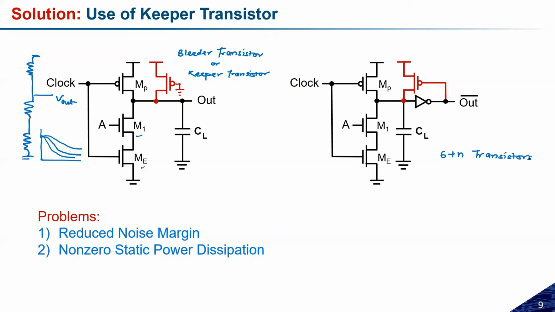But again, this inverter keeper configuration is giving you some problem like the area overhead, especially for a smaller number of inputs. So this kind of dynamic logic is preferable especially if our fan-in is high. So for large fan-in, we can use this dynamic logic circuit, and that will give you the benefit. So this was the first problem.